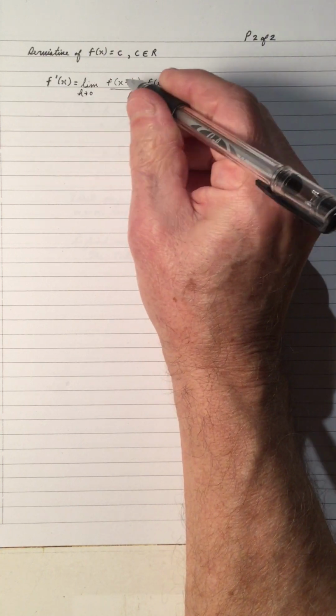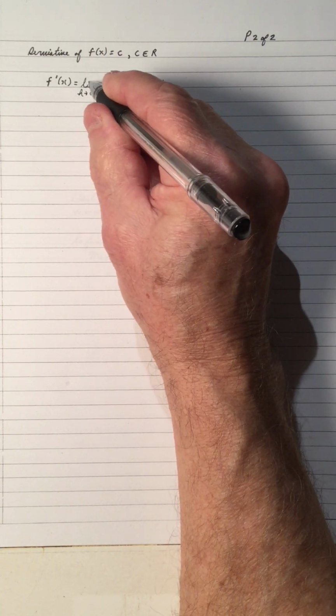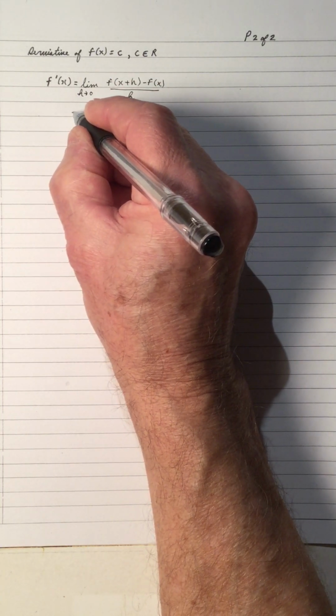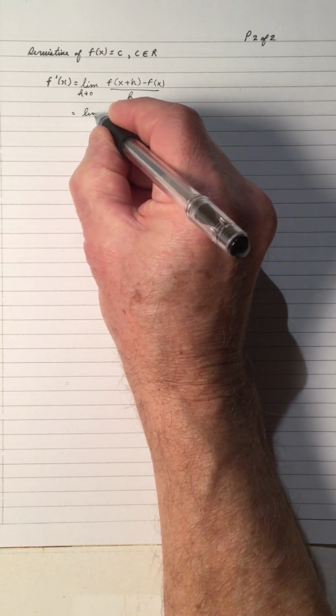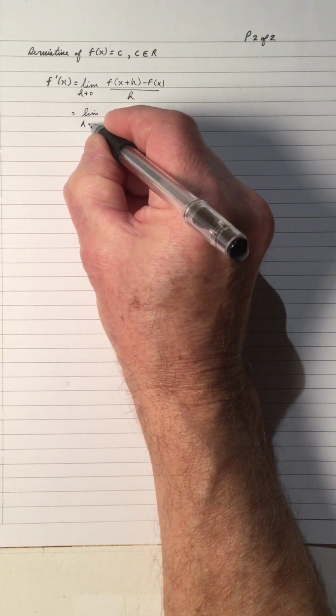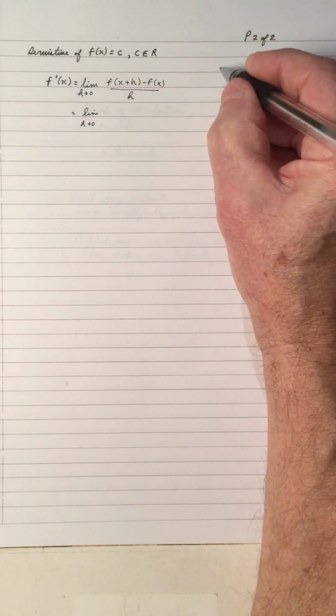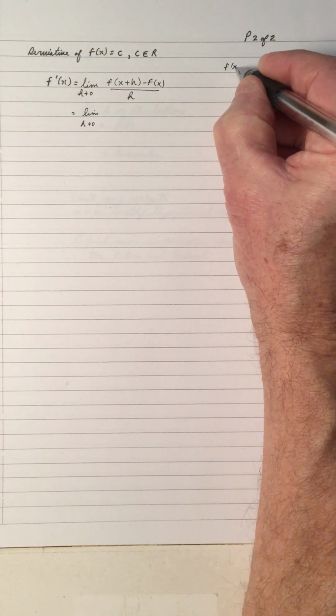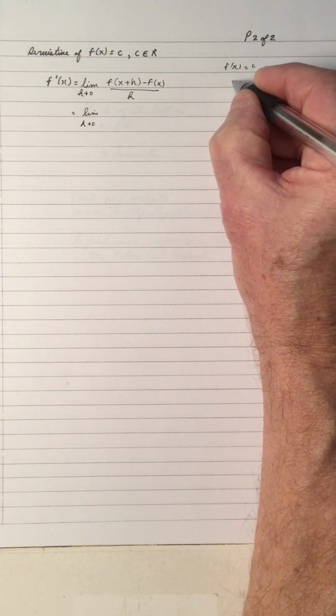This is the derivative, the slope of the tangent, which is defined by the limit as h approaches 0. So what we have here is the limit as h approaches 0, and notice we have f(x) = c, so that's the same as saying